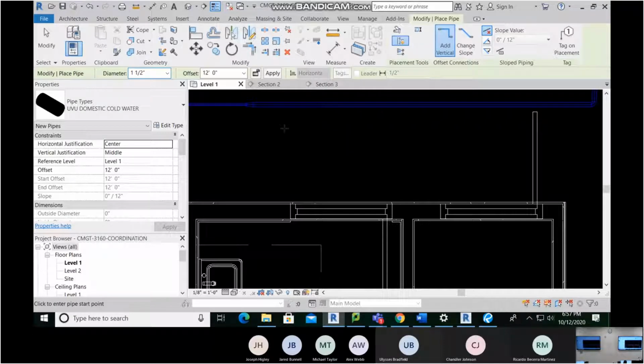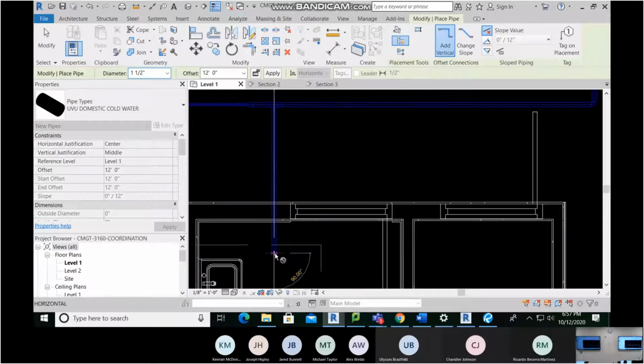So it's already cold water. It already has its cold water system associated to it. It's already at 12 feet and it's already at 1.5 inches. If I do a create similar command, all of those properties come with it. If I don't do that and I go back up and try to create a new pipe, I've got to go change my elevation, I have to change my size, I have to make sure I'm on a cold water system. So I just did create similar, and I'm just going to click the center of my pipe,